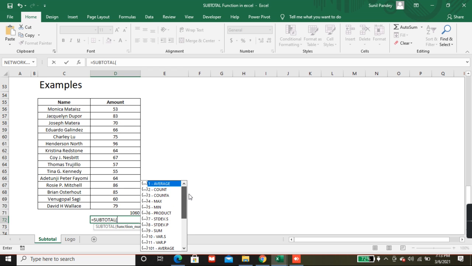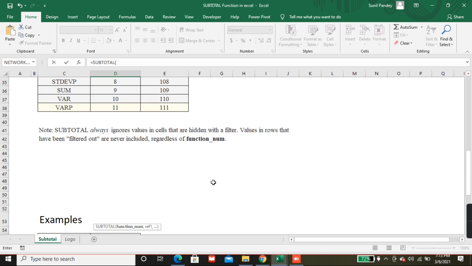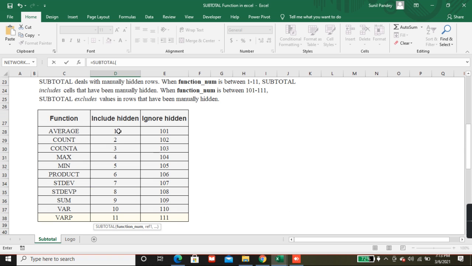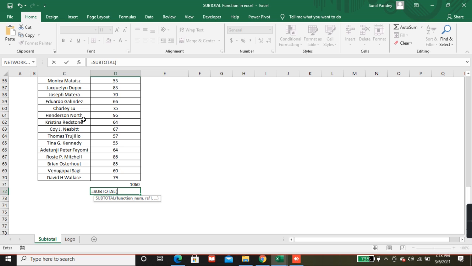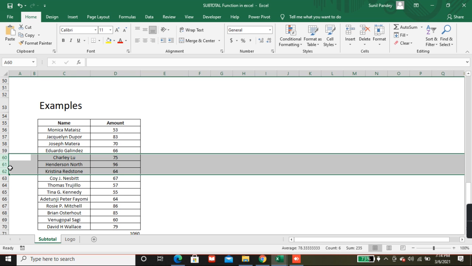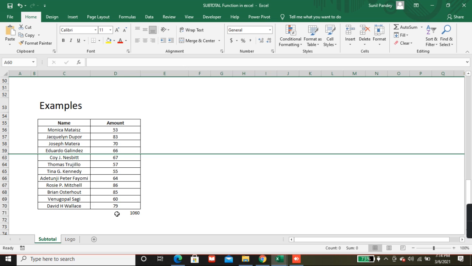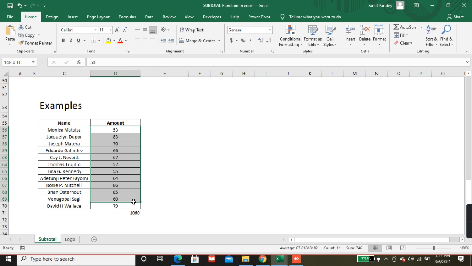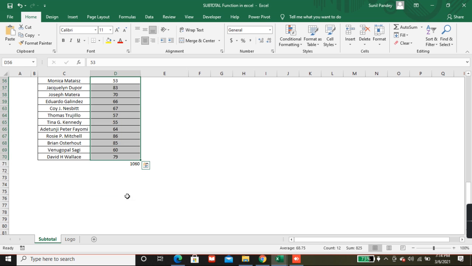If I want to include hidden rows, let me hide some rows like this. Some functions will summarize the hidden rows also.